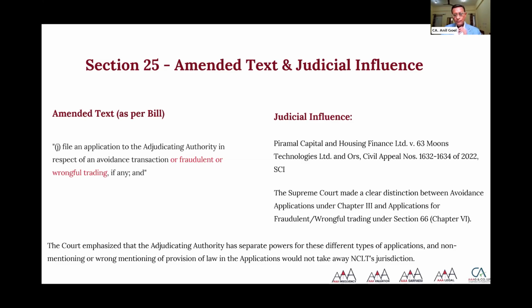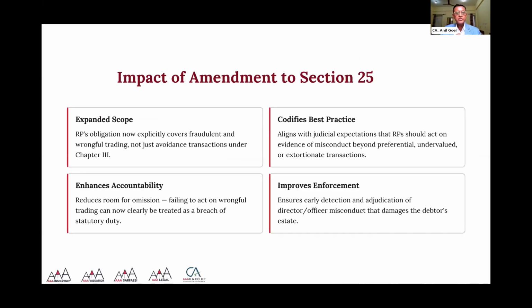The court, in fact, emphasized that the adjudicating authority has separate powers for these types of applications, and non-mentioning or wrong mentioning of the provisions of law in the application would not take away NCLT's jurisdiction. Therefore, the amendment to this section 25 only results in an expanded scope of the duties of the RP, that the RP will file separate applications for avoidance transactions and separate applications for fraudulent and